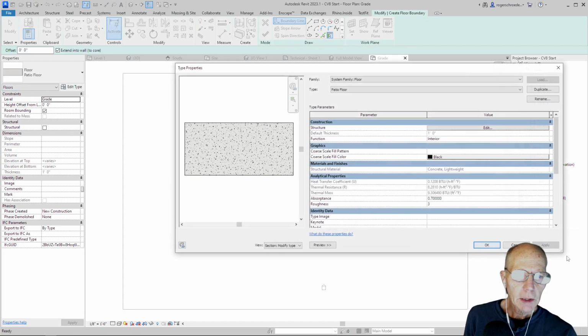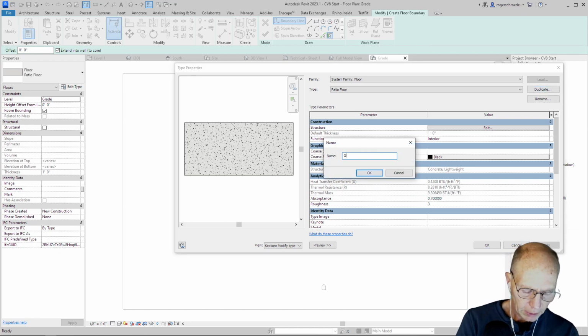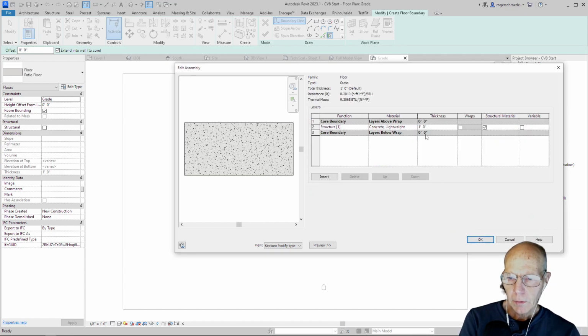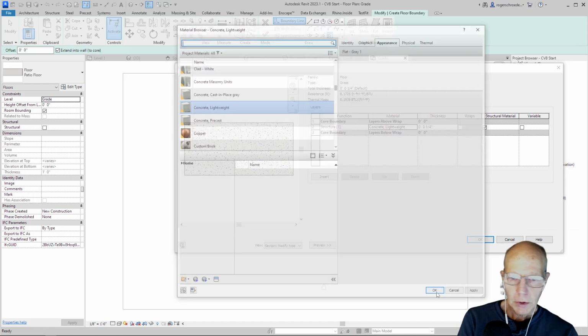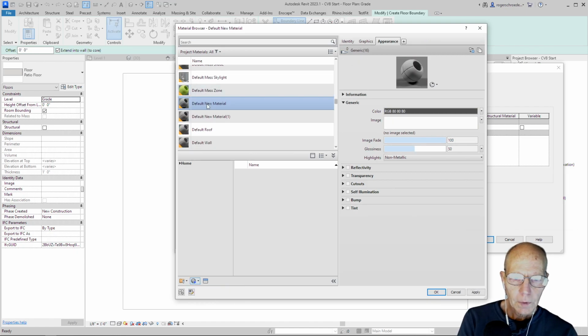So we'll go to edit type. We're going to duplicate it and we'll call it grass. Click OK. Let's go ahead and edit this now. We want it to be really thin, so I'm going to go 0.25 inches, just a quarter inch. Let's open up the material palette and let's create some grass. So I'm going to go to create a new material, rename it